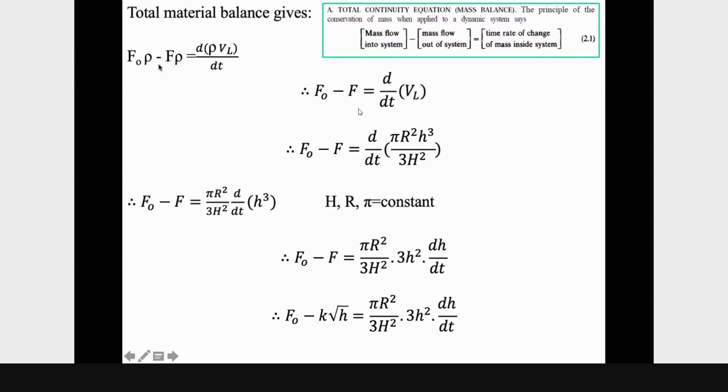F0 minus k into square root of h is equal to, now just transfer all the terms to the right hand side. Okay, just a slight modification. F0 minus k square root of h is equal to, ये सभी जो है इस साइड में हम लोगों ने इसको शिफ्ट कर दिया. ओके, पाई कैपिटल आर स्क्वायर स्मॉल h स्क्वायर अपॉन कैपिटल h स्क्वायर डी बाय dt. Therefore